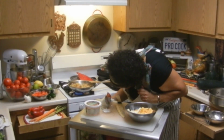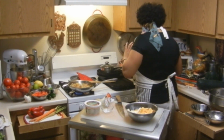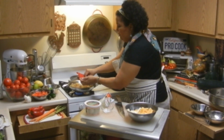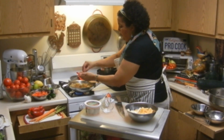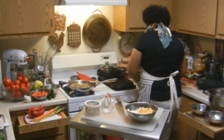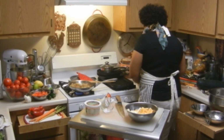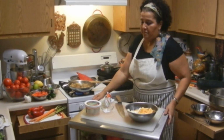What I'm going to do, I can really taste the wine. It's very subtle. I'm going to add more pepper in it. I really want to get that peppery taste. More oregano. More cumin, just a little bit more salt. And you know there's something missing for me, and what I think